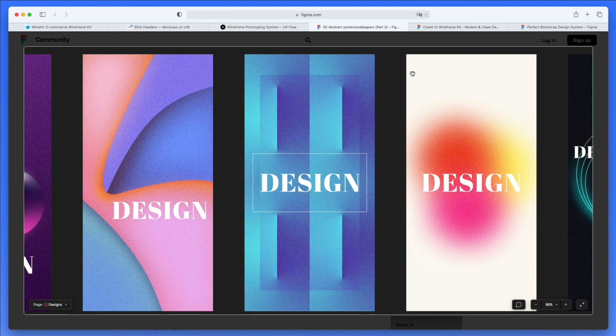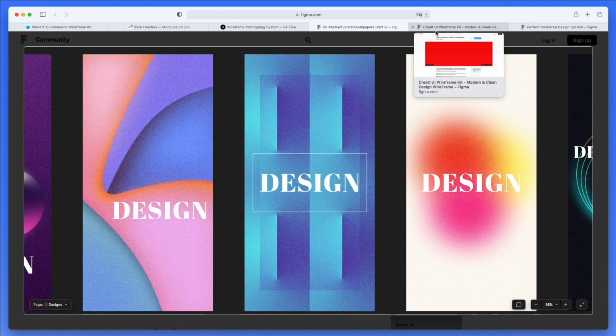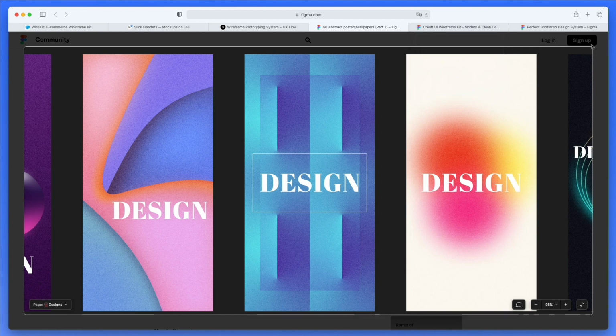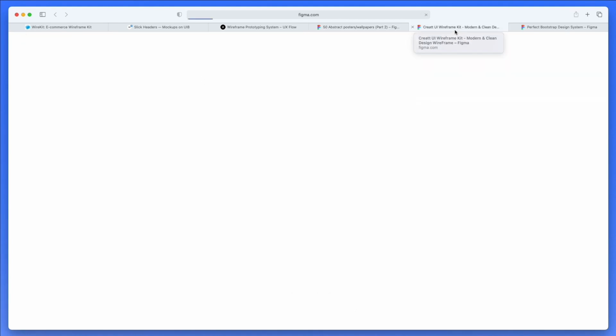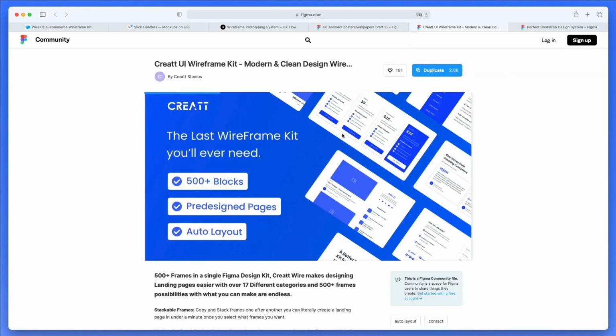And now let's move on to the very next Wireframe Kit, which again is going to be available in the Figma community. And yeah, guys, by the way, you simply have to go on the Figma community, click on duplicate, and you're going to have it in your Figma account for free. So now let's move on to the very next one, which is Create UI